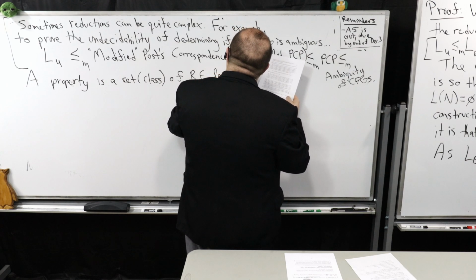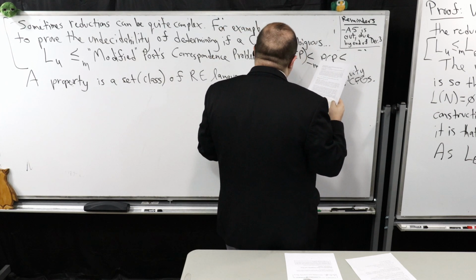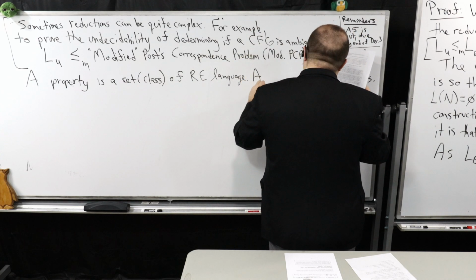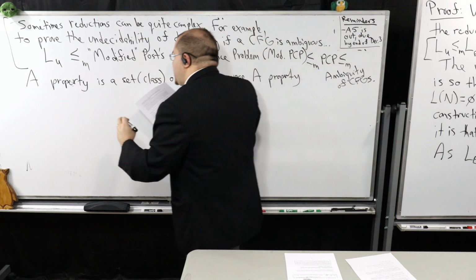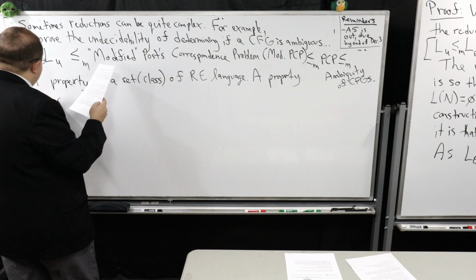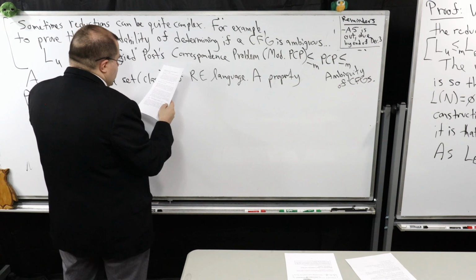So it means it's just some language that there exists a Turing machine that will recognize that language. A property P, remember, this is a class of recursively enumerable languages,